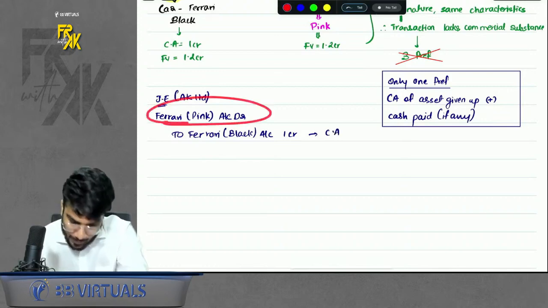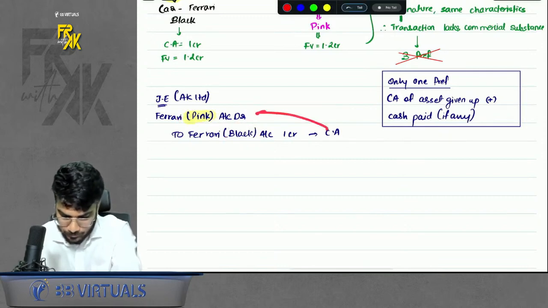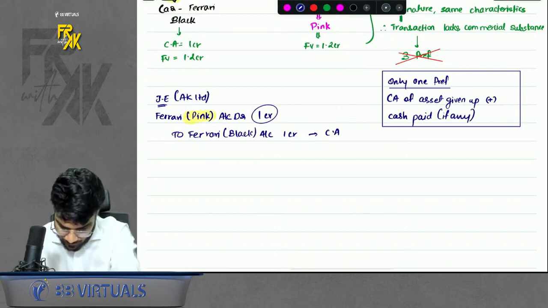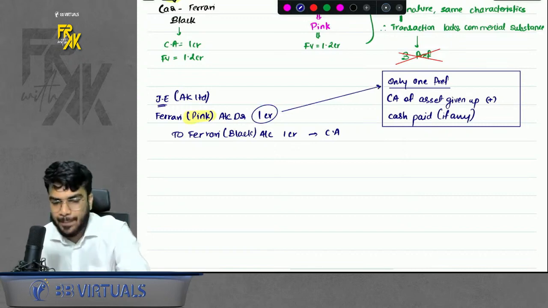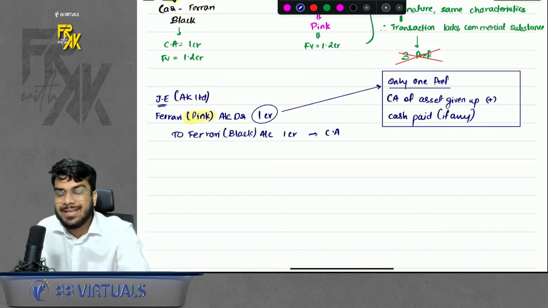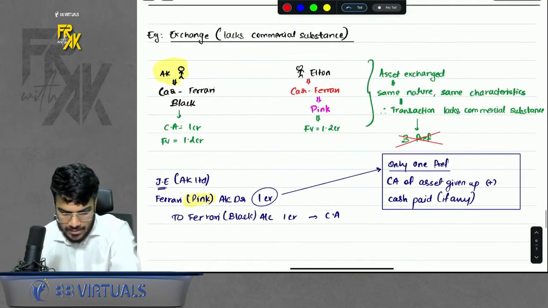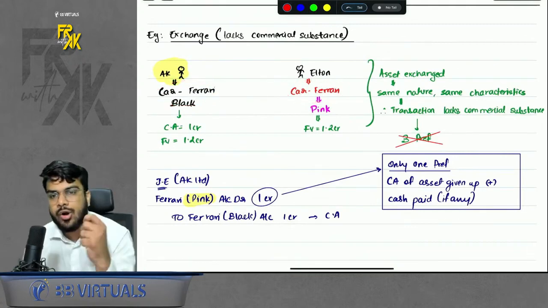Now what about the incoming asset? The standard says that when you exchange the assets which are of same nature, you will also record the incoming asset at this carrying amount. That is 1 CR. We have only one preference in such case. Now you might ask, sir, what is the logic behind this? Why aren't we using the 3 preferences criteria? The logic is very simple. The standard says when you are exchanging the assets which are of same nature, they don't want us to book